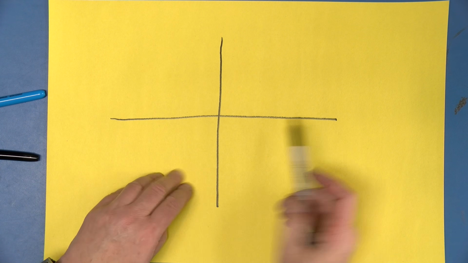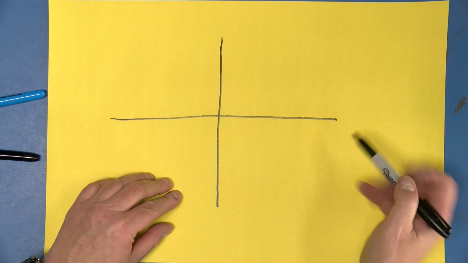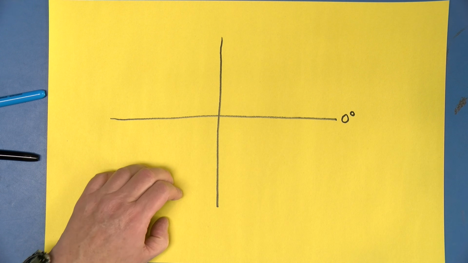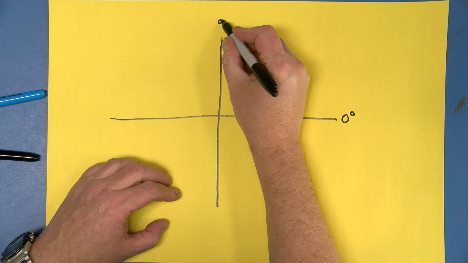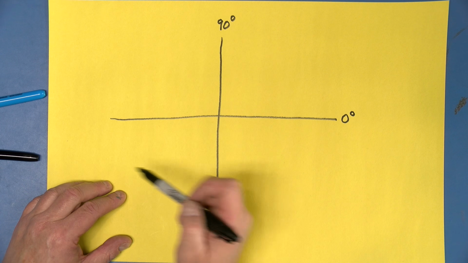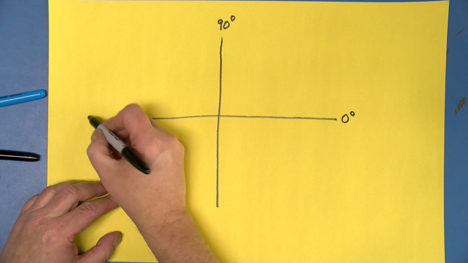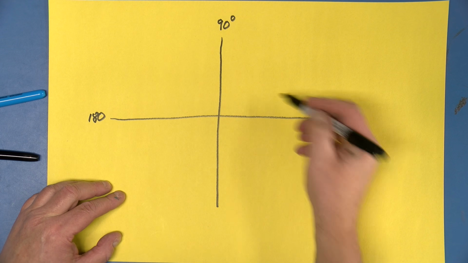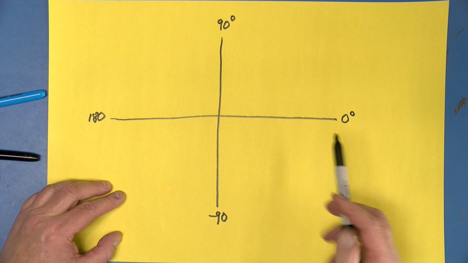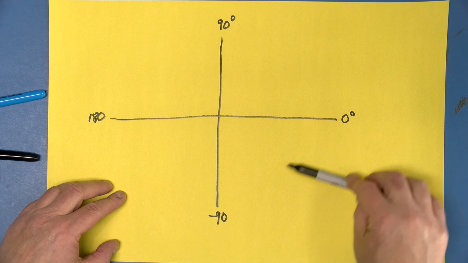We'll use this axis to represent 0 degrees in our phasor, and this axis over here represents 90. This axis represents 180. Going in the other direction, this is minus 90, and of course, since there are 360